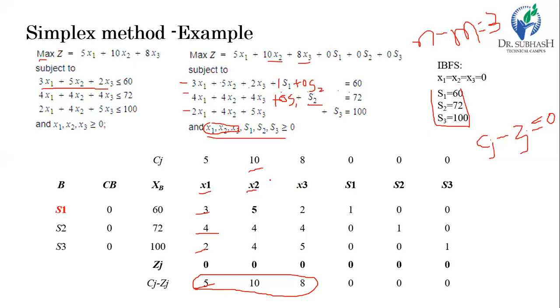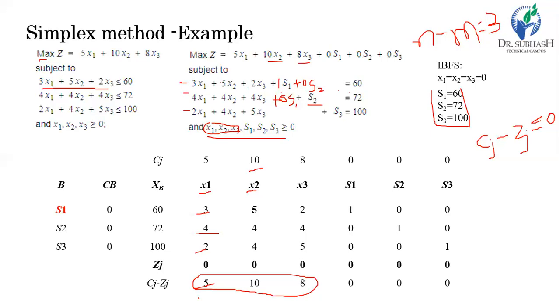Then step number 4. In step number 4, if the solution is optimum, then the solution is achieved. But if it is not optimum, then alter the solution by altering a basic variable. To alter the basic variable, one basic variable must leave the solution, and one must enter the basic variable column. To get the outgoing variable, we must first introduce an incoming variable, and then go for the outgoing variable. So choose the value which is positive in the Cj minus Zj.